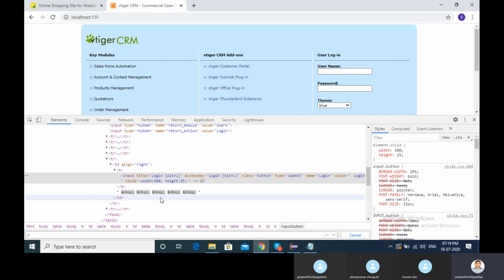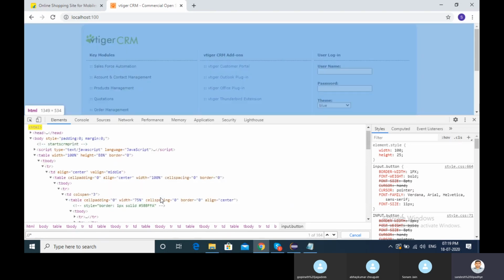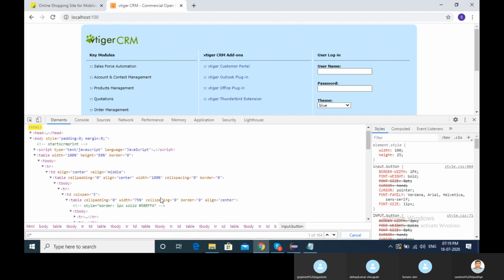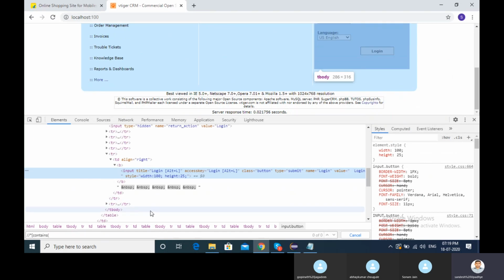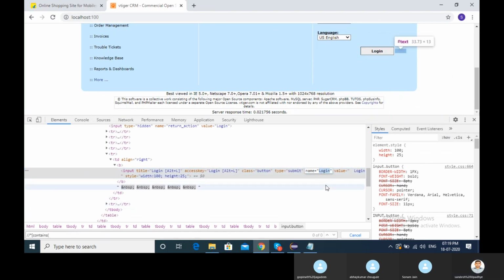Double slash star, if I don't know any tag name, then in brackets contains, then go to login, @name.